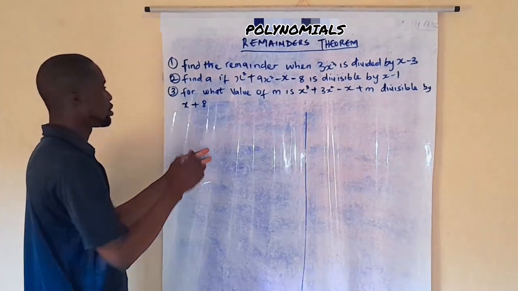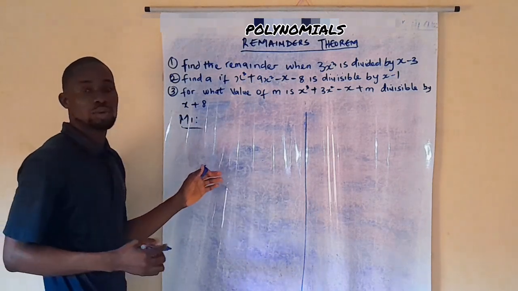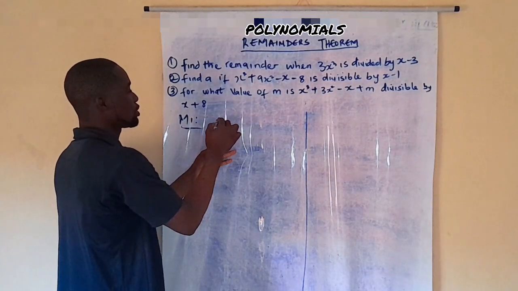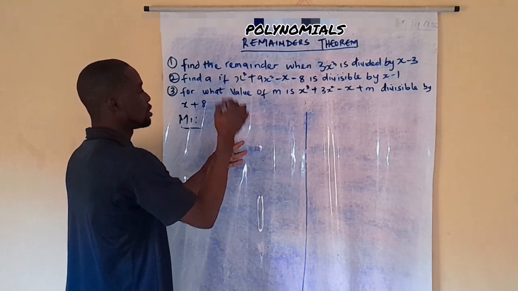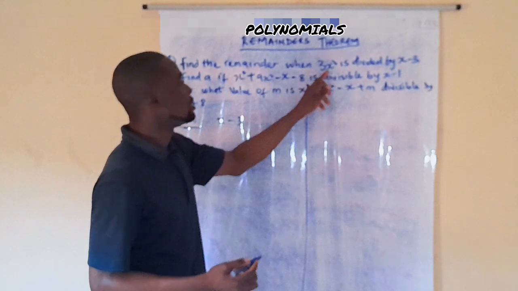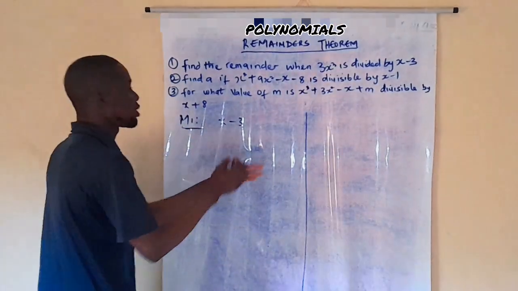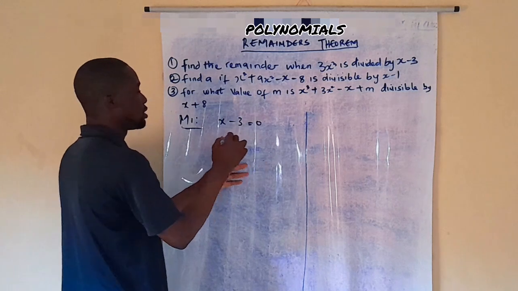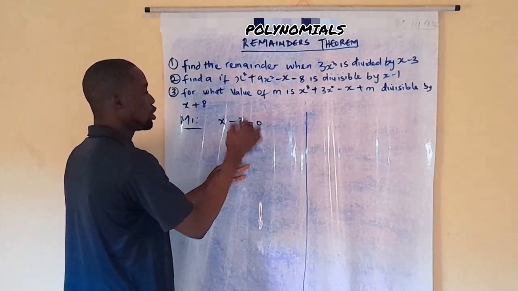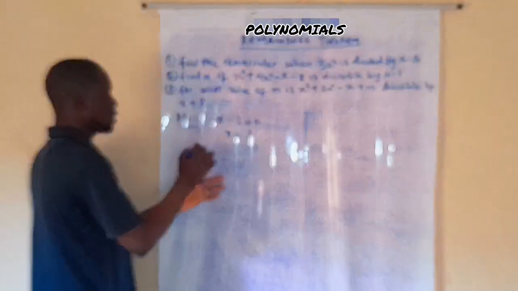Remember, first method, method 1, M1, is to say what? Equate your factor to 0. Your factor is x minus 3. So it means x minus 3 is a factor of this because this is divided by this. So what does that mean? Equate it to 0 means that x equals plus 3. Okay, if x equals plus 3, let's